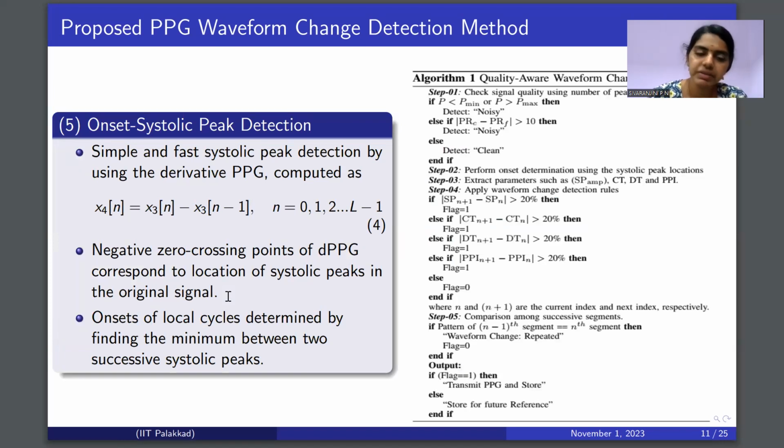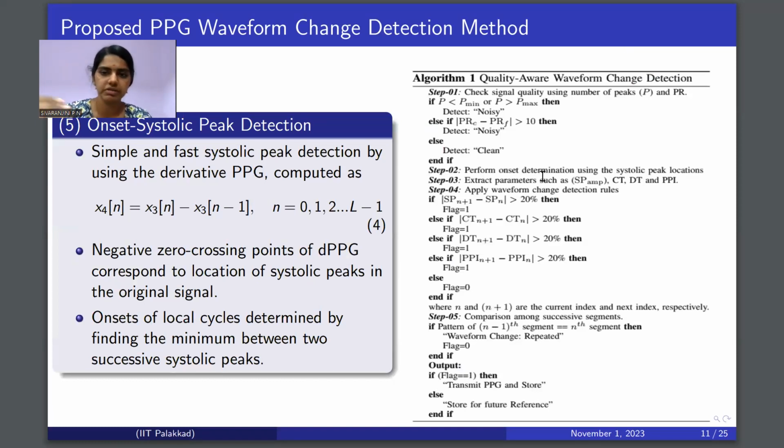In this fifth step, we have the onset and systolic peak detection, where we are proposing a simple and fast systolic peak detection by using the derivative PPG. The derivative PPG is obtained by using equation number 4, and the negative zero crossings of the derivative PPG correspond to the location of the systolic peaks of the original signal. Once the systolic peaks are obtained, the onset can be very easily determined by finding the minimum point between two successive systolic peaks. Here you can find the algorithm of the proposed method,